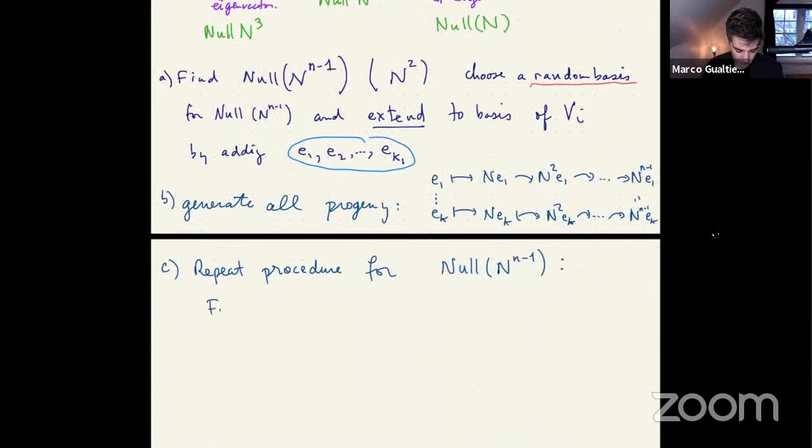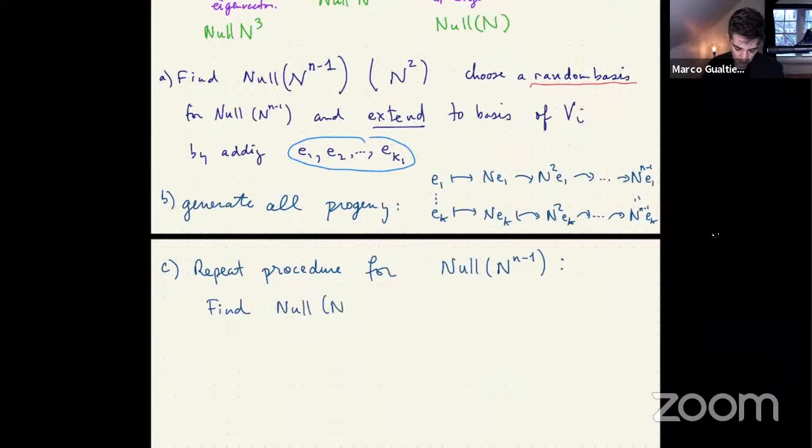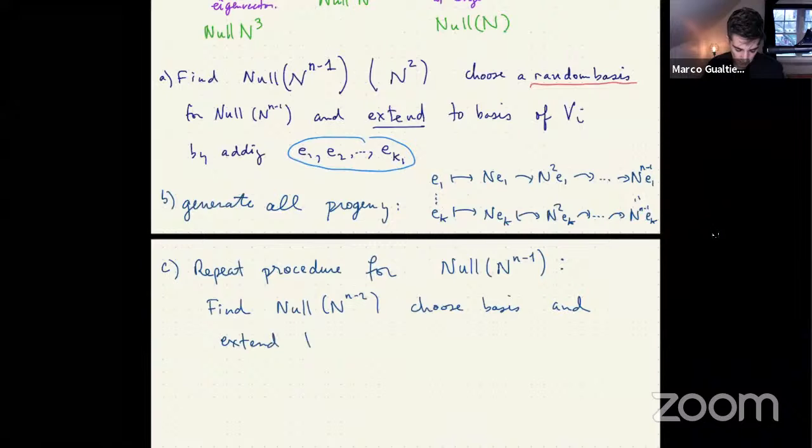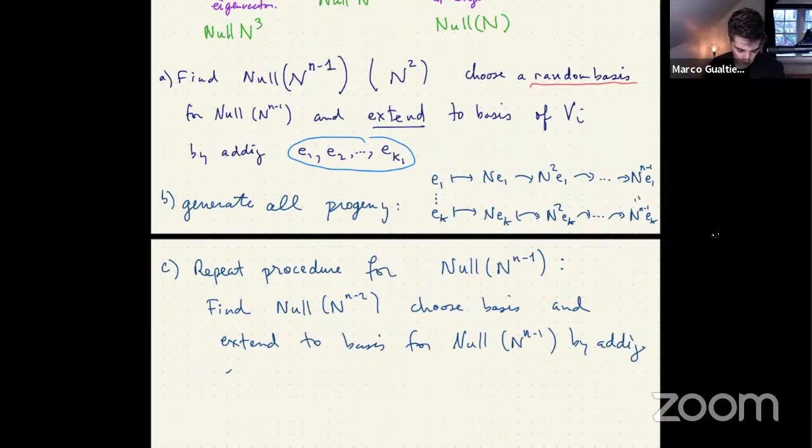We need to find the null space of n to the n minus 2, choose a basis, and extend to a basis for null n to the n minus 1 by adding f1 up to, or I need another,